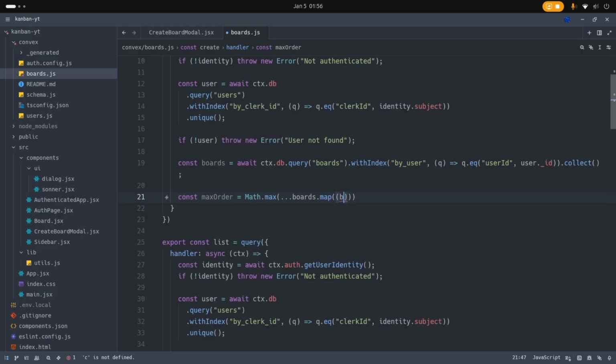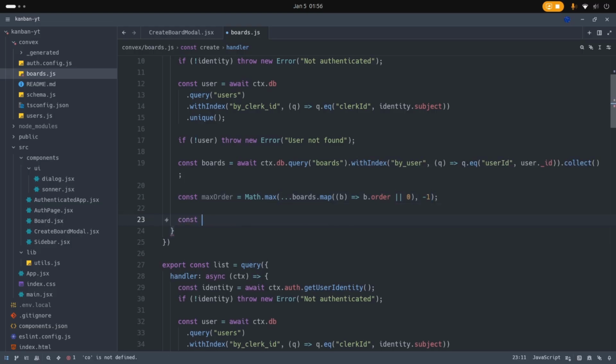And then for every board that you get back, we are calling it B. We're going to say B.order or set it as 0. And then outside of this, comma -1. And then const board ID is equal to await